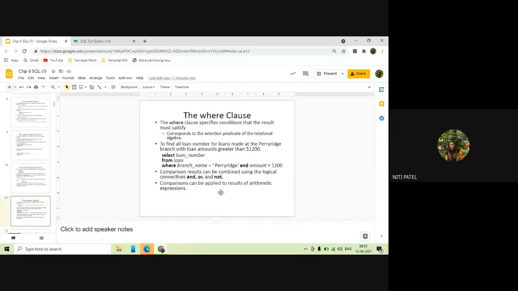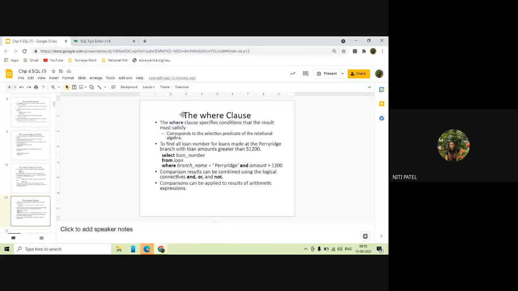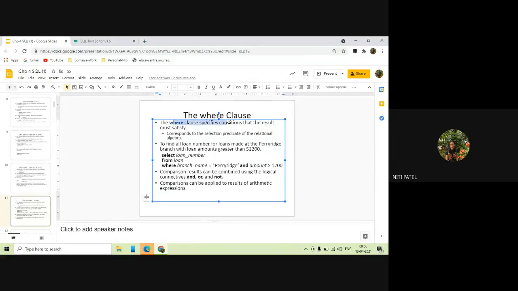Next is the where clause. Now what did I tell you? Where clause is used for giving conditions. Select क्या कर रहा है? Select सिर्फ आपका column select कर रहा है. But मुझे अगर column का respective data select करना है, country column में से Germany ही select करना है. So what will I use? I will use where in that case. Along with select country, I have to use where country name is equal to Germany, like that. So if I want to give a condition, I can give it by using which clause? By using the where clause. Okay. The where clause specifies the condition that the result must satisfy. So आपका result will be displayed based on this where condition.